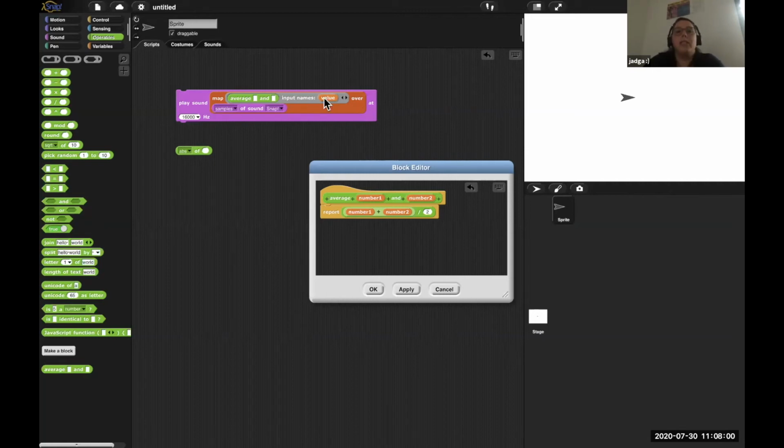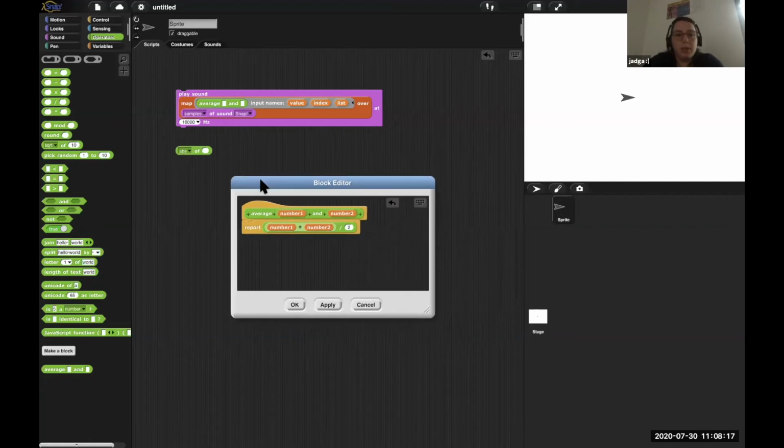So the first one is the actual value that we're currently looking at. That's basically the same then if I just use the empty input slot. If I click on it again, I'm getting the second one, which is the index. So this is the index of the value I'm currently looking at. And the third one is the list itself. So what we want to do right now is we want to average our current value and then the value of 500 samples before, or maybe let's do 1000 samples before.